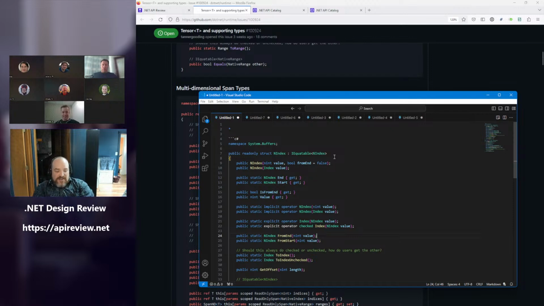Yeah, so if we think we're going to end up on the path where in span is a separate type, or span gets upgraded but has to talk about in index because we feel that we can only do complicated magic on one core type, then that means that index and in index need to be relatively global. They don't necessarily need to be in system, but they would presumably want to be in system buffers more than they would want to be in system numerics tensors. Yeah.